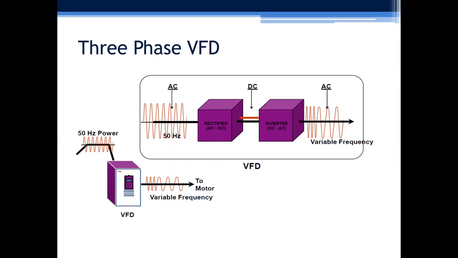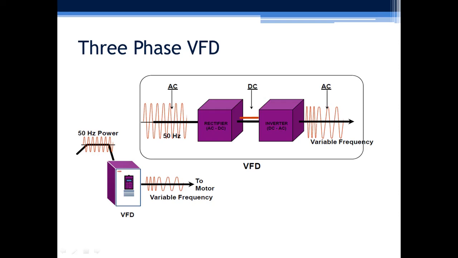So three-phase VFDs are most popularly used drive. We know that three-phase induction motors have various advantages over DC motor drive. The drawbacks of three-phase induction motor were controlling the speed and controlling torque and speed independently, but nowadays with VFD and vector control it has become easier to control torque and speed independently. So we can say that three-phase induction motor has started replacing DC motor drive, and in future you will see that maximum applications of DC motors will be implemented using three-phase induction motor drive. So let's get started with three-phase VFD.